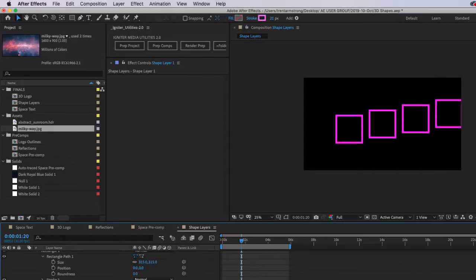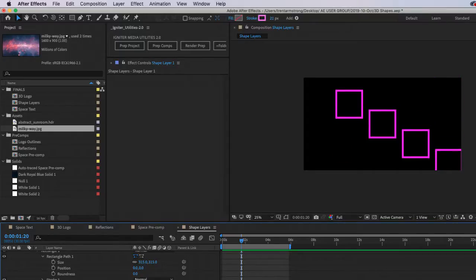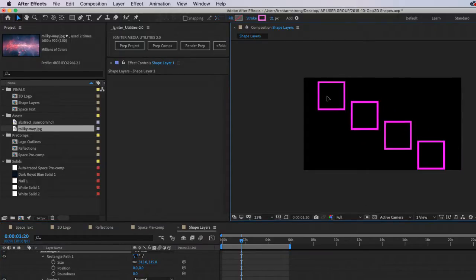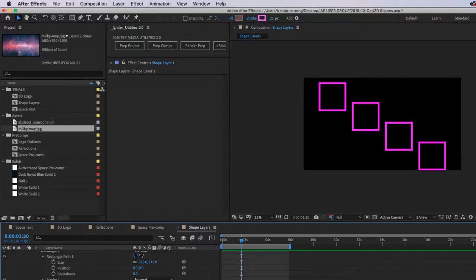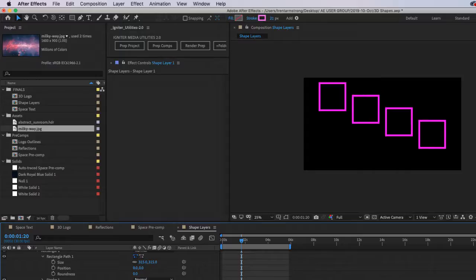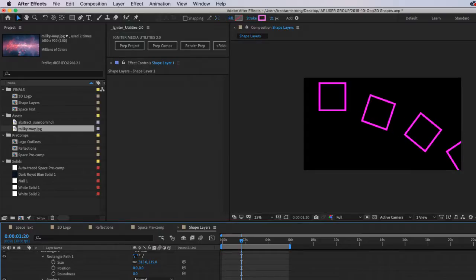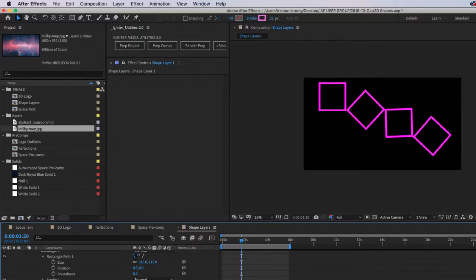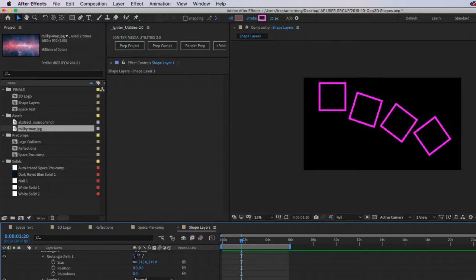So I'm making copies and doing offsets via the repeater. And I have the ability to change my anchor point. That really comes into play when I change my rotation. If I set this back at 0, my rotation happens around each of their center points.